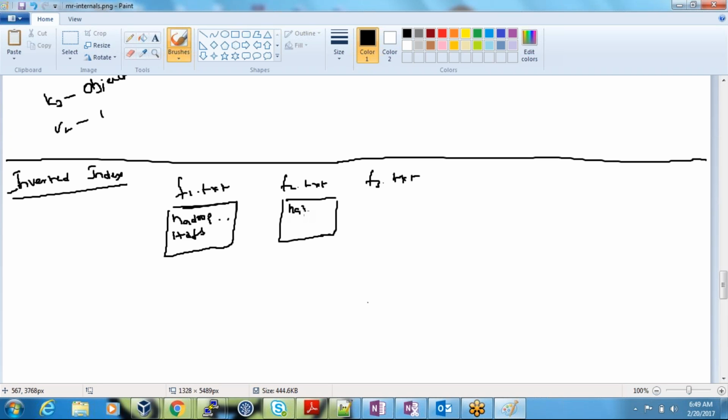In file 2 also I have Hadoop, Mapreduce, Hive, HDFS, Pig, and so on. Now I want my output to come in such a way that